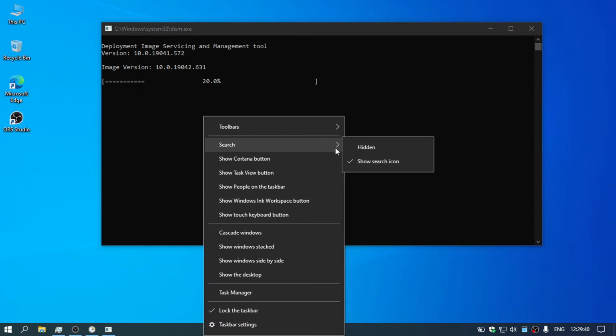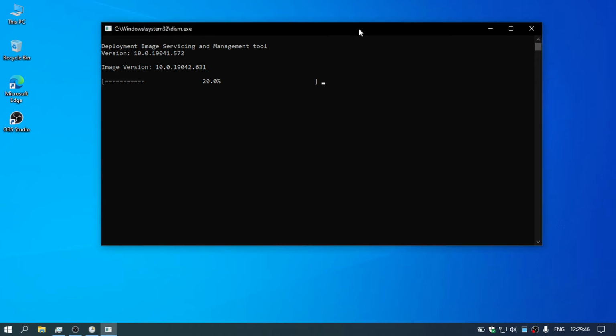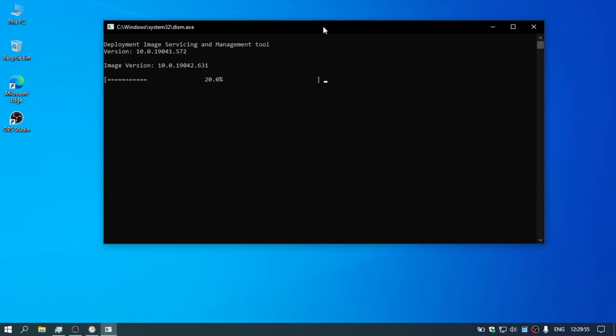Just right click, go to search. You can hide it also, and you can put it also as an icon. I would like to keep the search icon there. So until this task is finished, I will pause the video and I will join you later. Just wait for a few minutes.